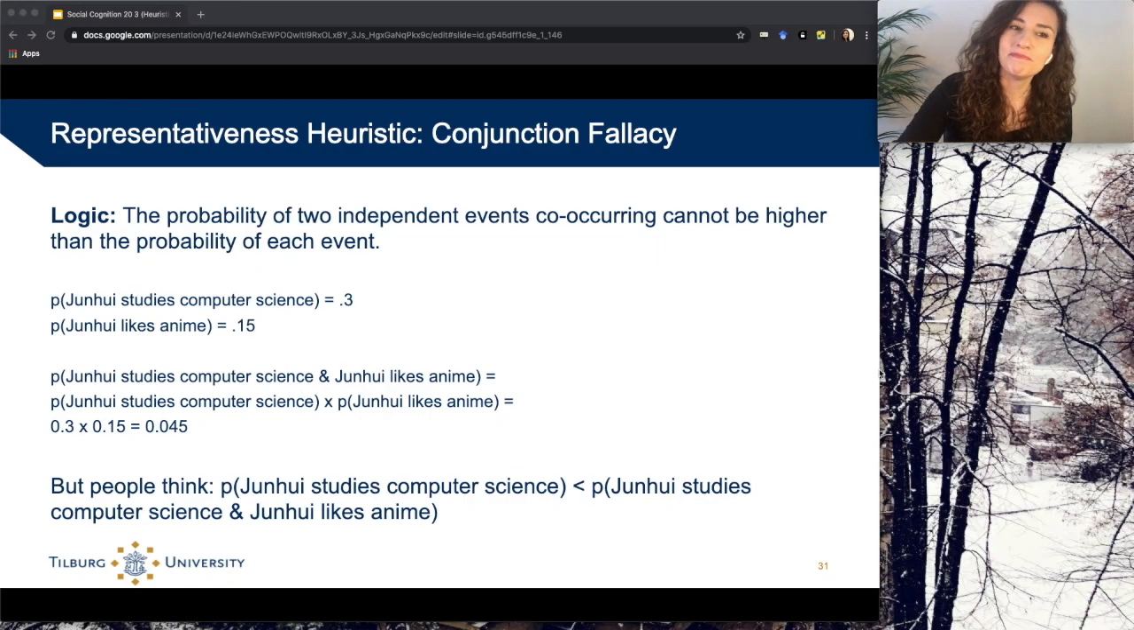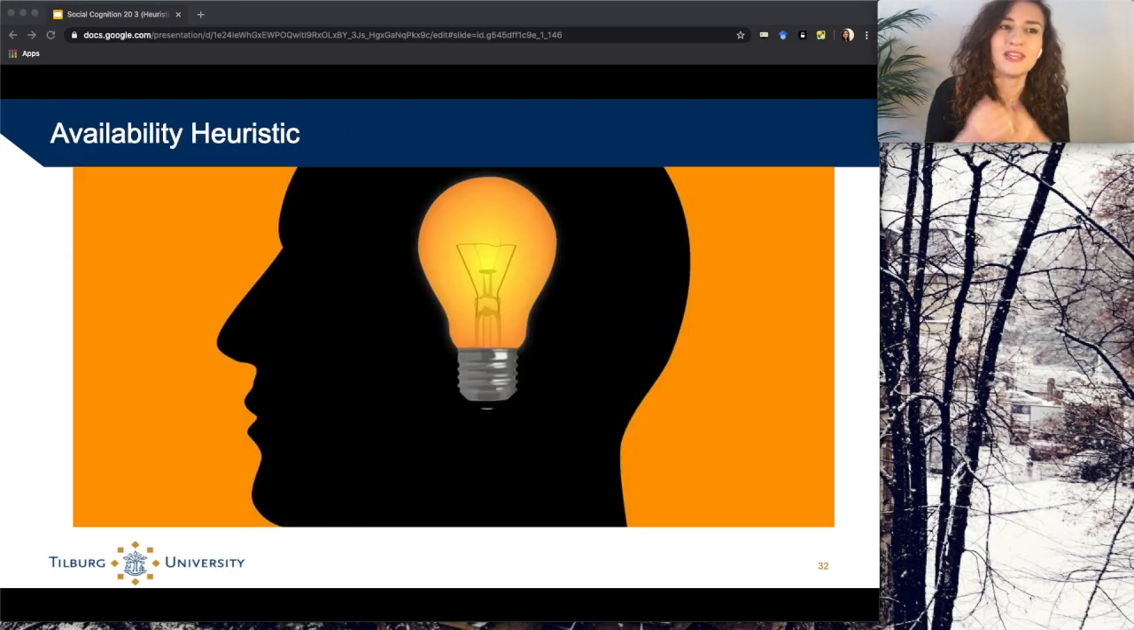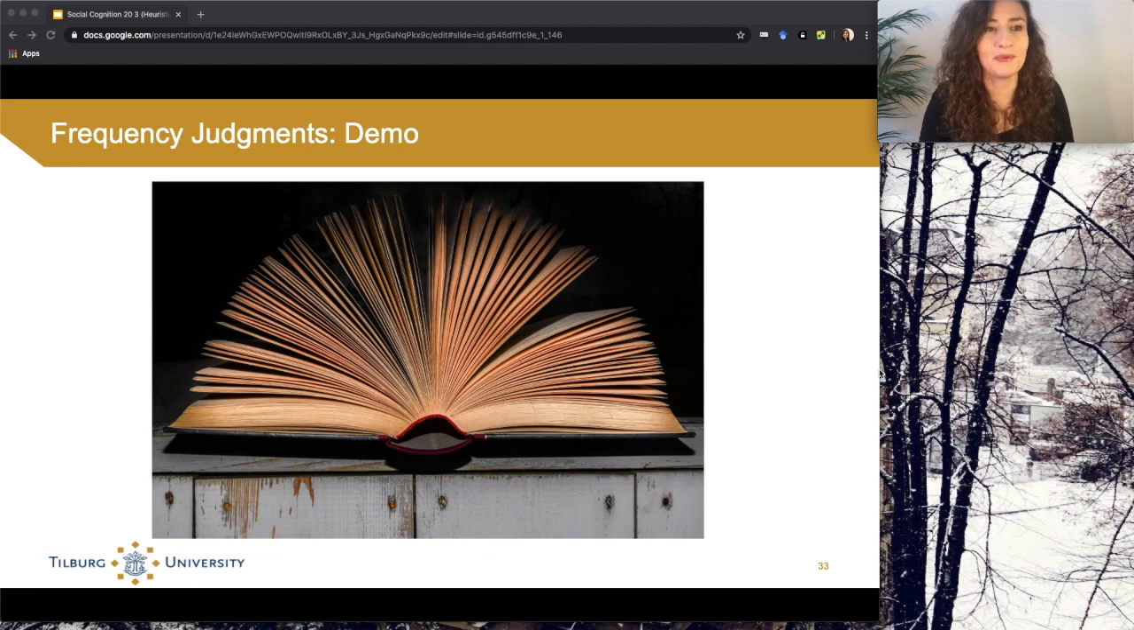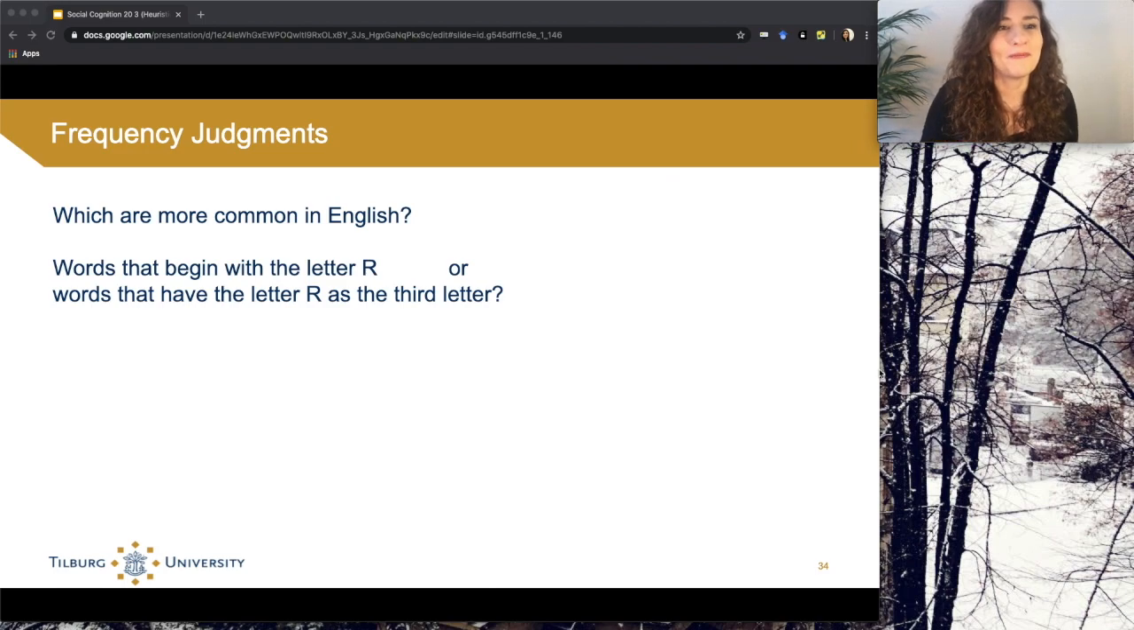Now, let's take a look at another type of heuristic, and this time let's speak about the availability heuristic. To kick this off, again, I would like to ask you to take part in a tiny little demo experiment. This time, it's a demo experiment about frequency judgments. Again, the link to this demo is provided in this video. Okay. If you've taken a moment to take part in this now, and you're back here, you will have seen